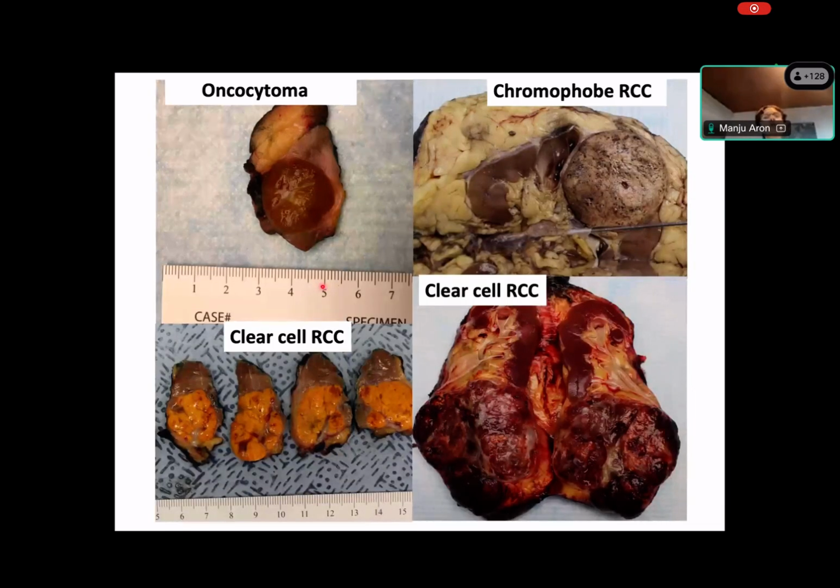So these are important because the brown mahogany color tumor is an oncocytoma. Tumors which look paler than the normal renal parenchyma are usually chromophobe RCCs. And clear cell RCC, as you know, textbook appearance is that golden yellow color, but they can also be very heterogeneous in appearance, as you can see in this large tumor, where you can see a lot of hemorrhage within this tumor. So they can have a very variegated appearance too.